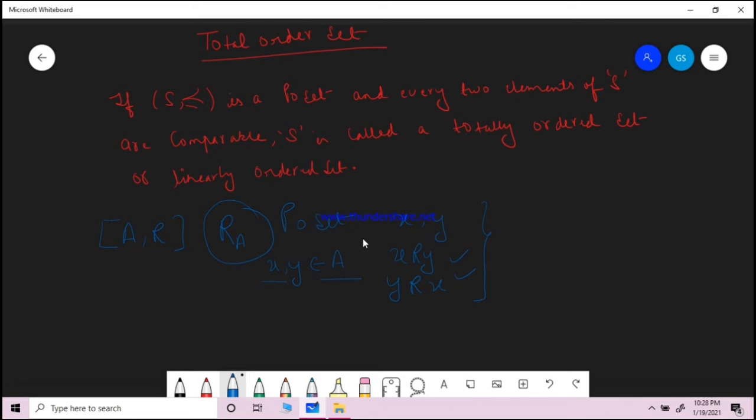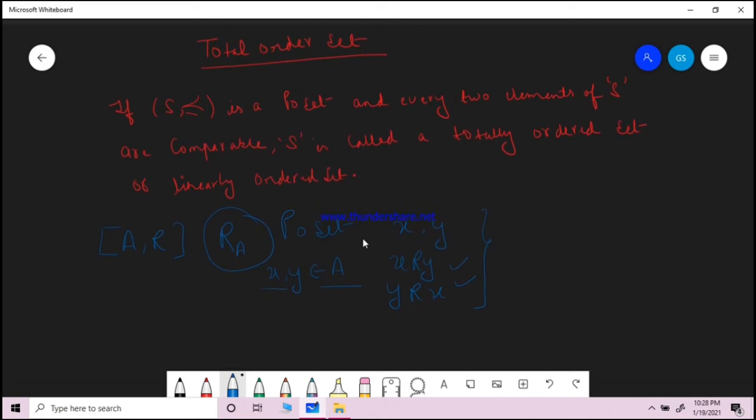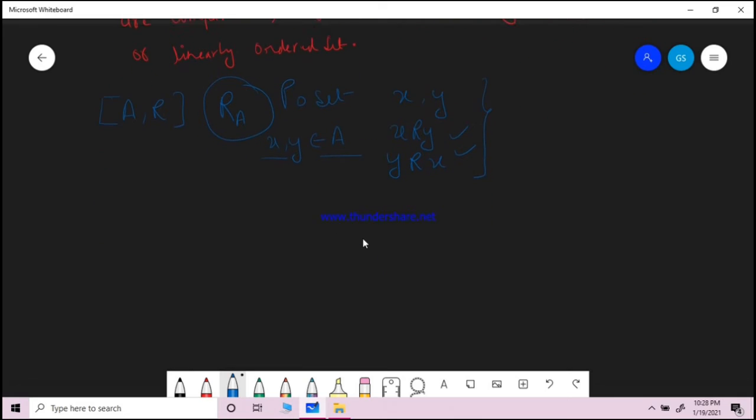If you want to identify whether any given set is a total order set, the simplest way is to draw a diagram to see the connections between the elements. You can see that it is a closed connection, meaning every element is somehow connected to the other one, or any two elements are connected in either order: either x is related to y, or y is related to x. This is applicable on all possible pairs.